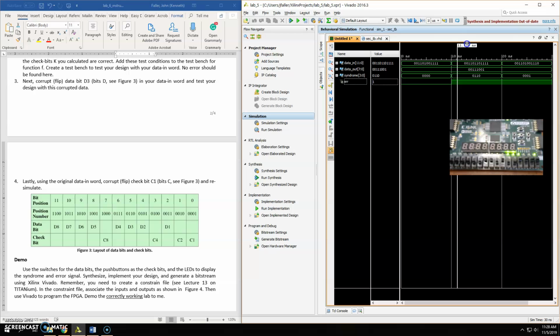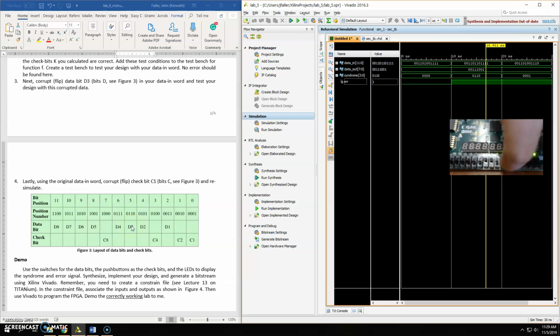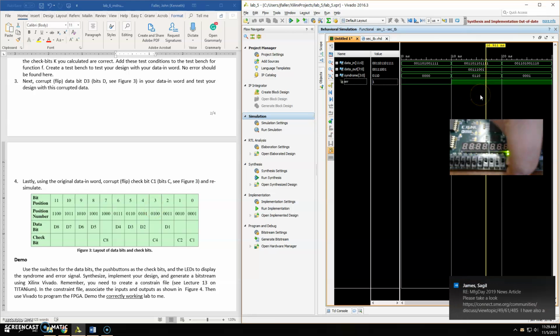So now I'm going to do the next example, and in here I have this bit flipped, which corresponds to bit position 5, and that's going to flip D3. So if I do that, we'll now see that we have the syndrome 0110, and that corresponds to this position number, which tells us that we have an error in D3, and we also have the error signal. So now I'm going to flip that one back so that we have no error and no